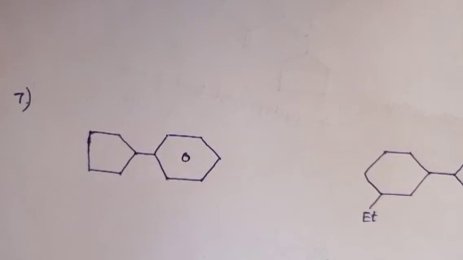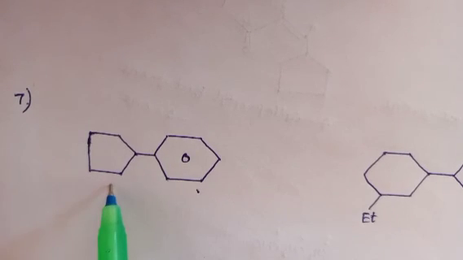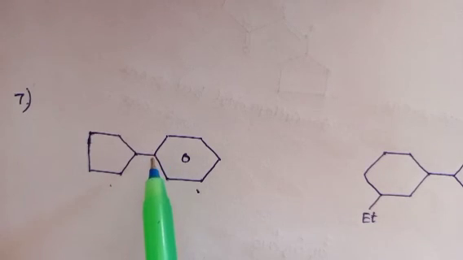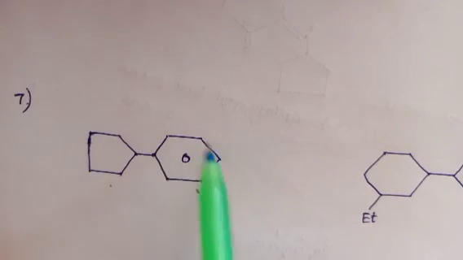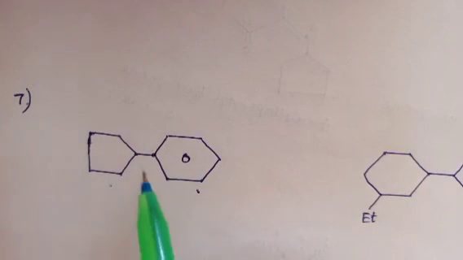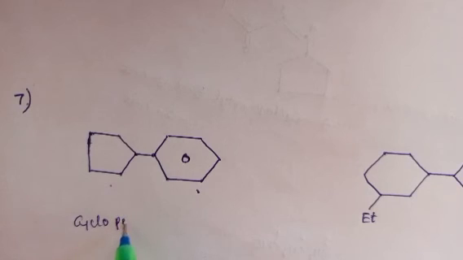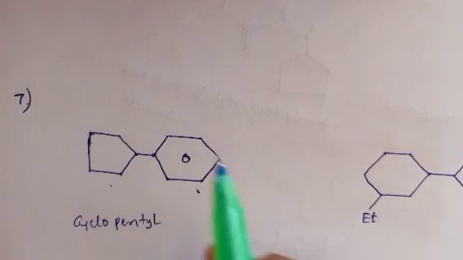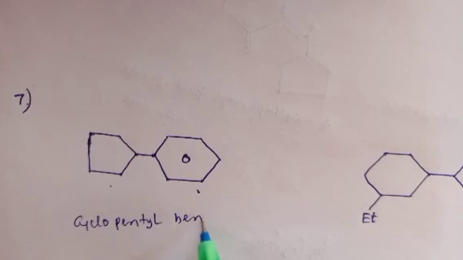Next one, the 7th model. This is a cyclic one, and this is also a cyclic one. But we know very well about this one: it is the benzene ring. So this is the main one, and this is the dummy one. The dummy one is attached to this carbon, and for any carbon it looks like the same structure, so don't give numbering because only one substitution is present. The substitution name is cyclopent, so cyclopentyl, and this is benzene: cyclopentylbenzene.